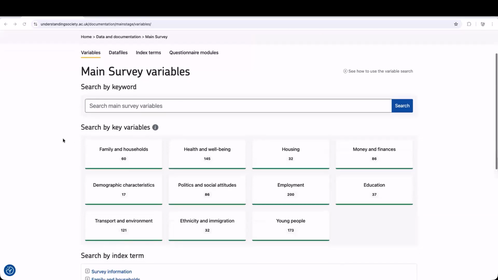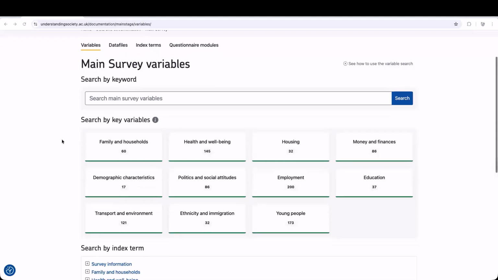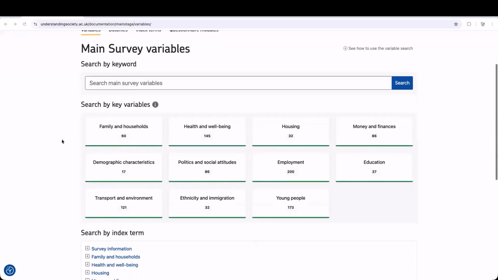So recently we redid all our main story variables landing page, and we have more user-friendly features for you. I want to show you that. So the first thing is that we